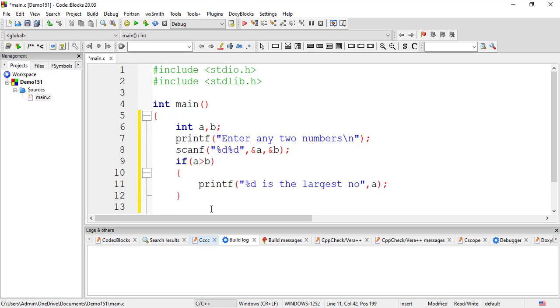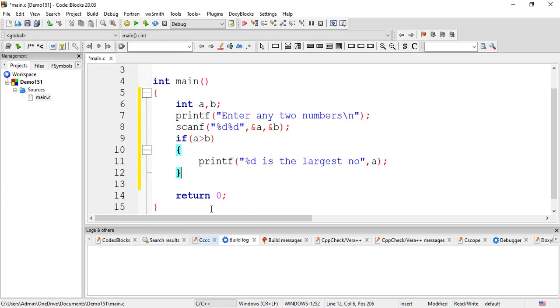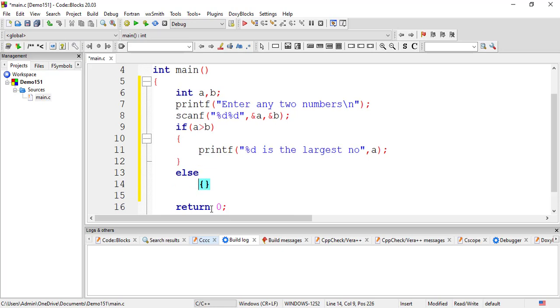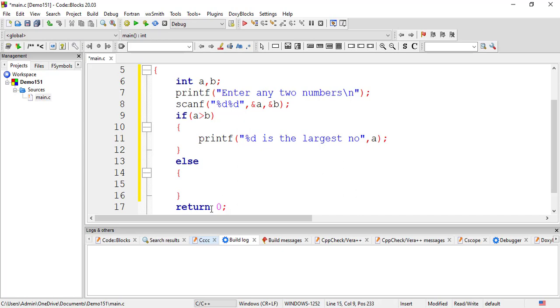So that's it. And if a greater than b is not true, then I have to make a block like else. Please understand, inside the else block you don't really require to write the condition. And after if, there is no semicolon.